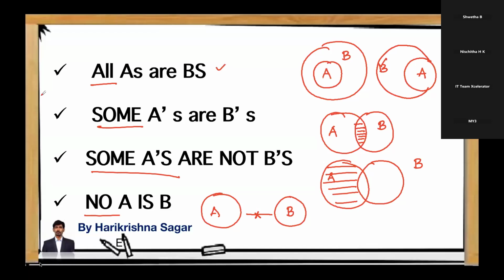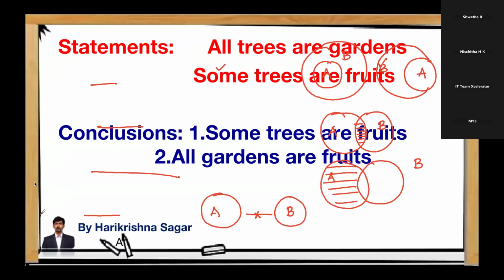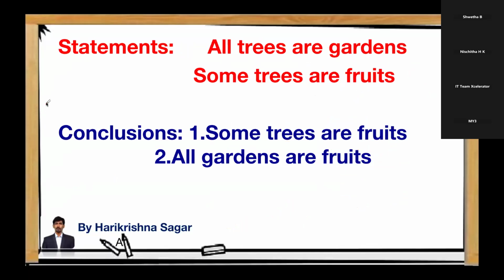So let's have a glance at the practice questions which I have taken based on syllogisms. Let's have a look at question number 1, which is available on the screen. Your task is very simple. Just look at the question, draw the diagram, read the conclusions and decide which conclusion follows. Use the rough sheet, and while reading the statements, draw the Venn diagram. After drawing the Venn diagram, read the conclusions and decide which conclusion is proper. Based on that, you can mark the answer as A, B, C, D or E.